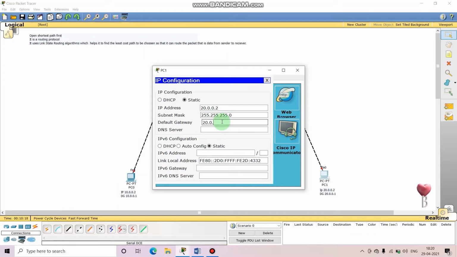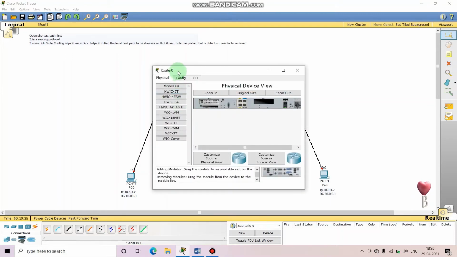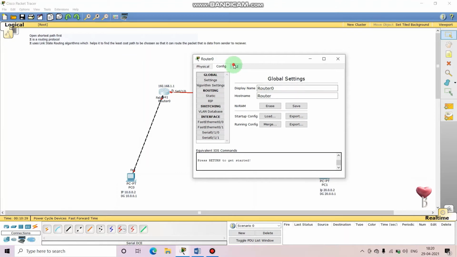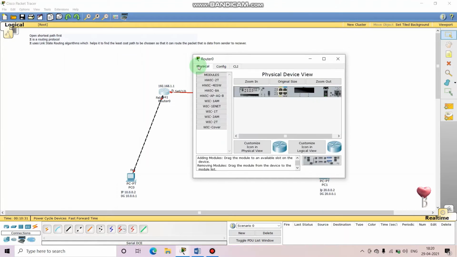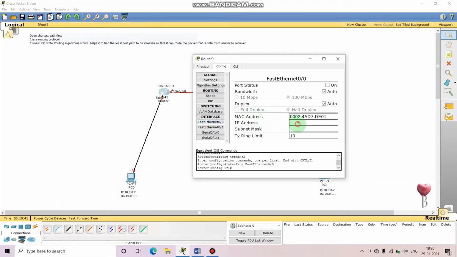Okay, yeah, so now let's do this. In the config tab, you have to go to this. You have used fa0/0, so you will go here, and you will put up the gateway address here, which will be the IP address for this port for this router.